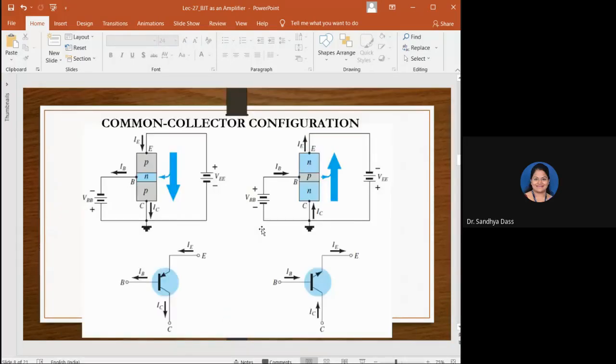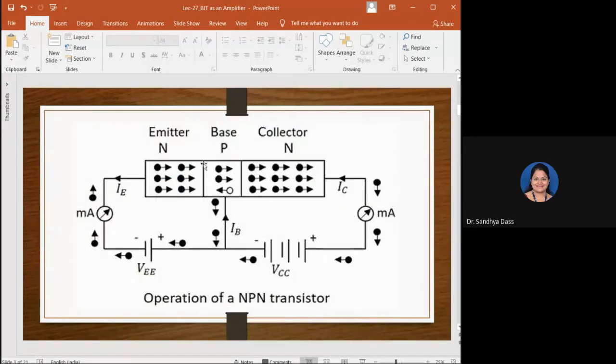Let me go back. I'm talking about this junction. This junction, you have to forward bias, right? So to forward bias, please wait, understand. In order to make this junction forward bias and allow the charges to flow freely, what should be the potential that should cross in order to make these electrons move freely from this junction?